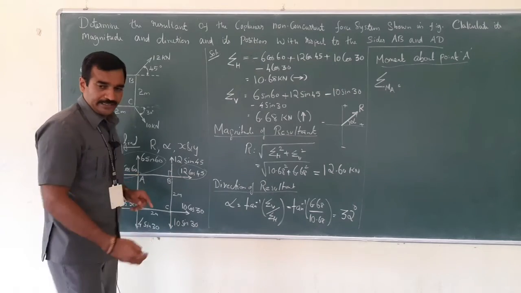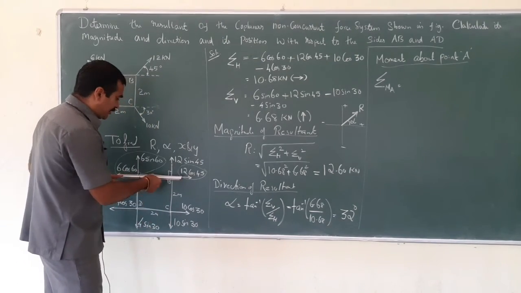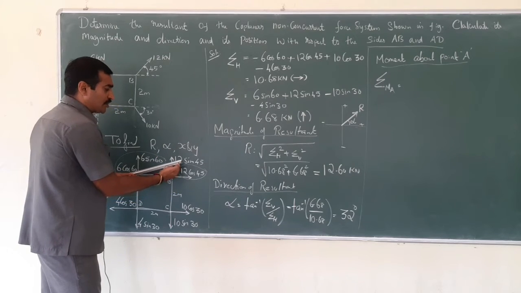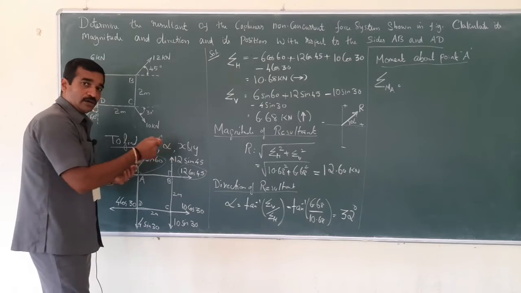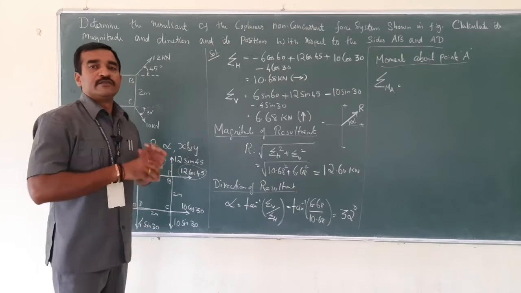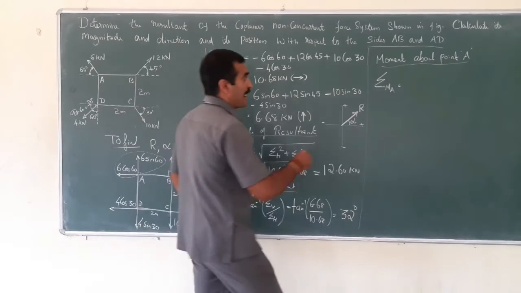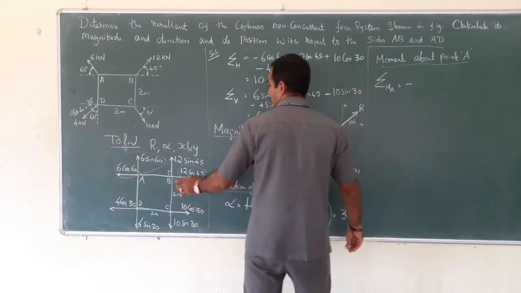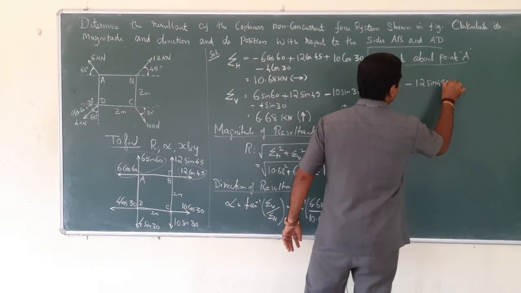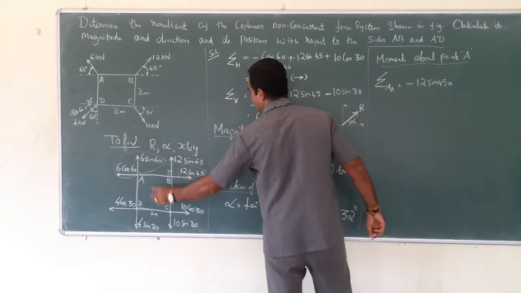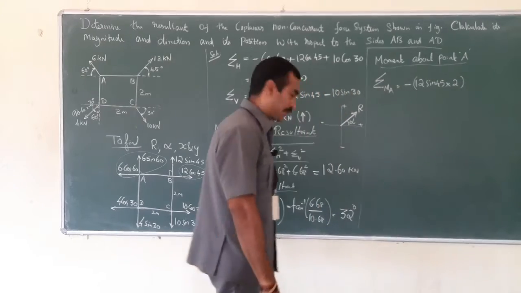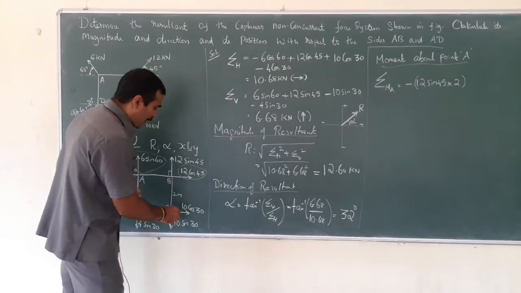Here, look at this force which is acting vertically upwards, right? So the moment will have a tendency to rotate the object in the anti-clockwise direction. The sign convention for the moment is that if it is anti-clockwise, it will carry a minus sign. And the magnitude is 12 sin 45 into its perpendicular distance, which is 2 meters from A. Got it? Right. Let me move to point C.